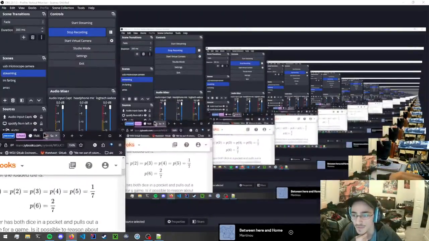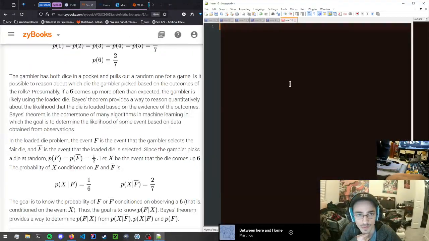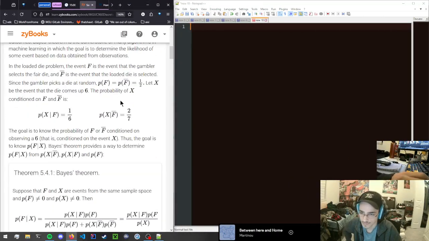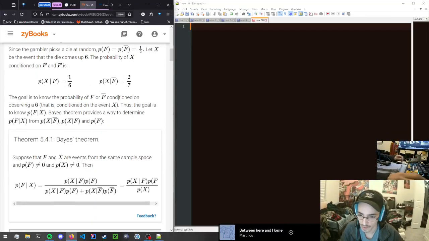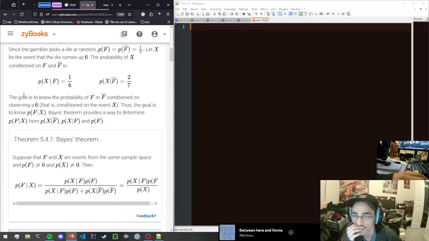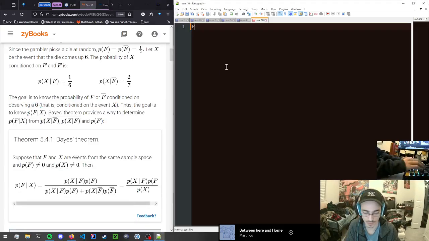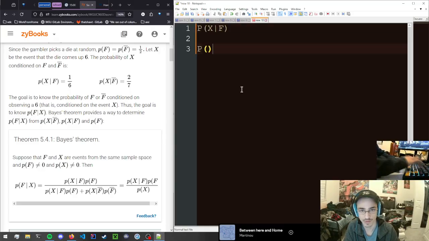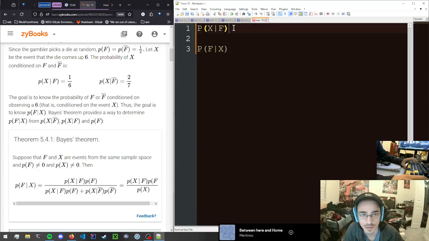Yeah, I was doing Bayes' theorem. Kinda forgot Bayes' theorem. Alright, so it's finding out the reverse of the conditional,